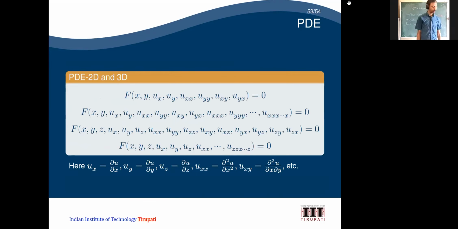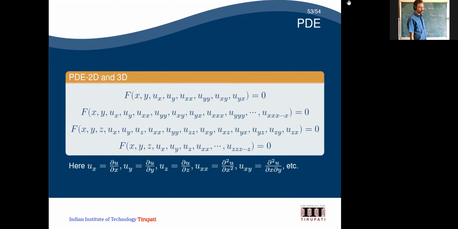So PDEs in 2D and 3D we'll see. This is a simple one. If you see the 1D case, first order PDE, second order PDE, etc. will come. I'm just giving some examples. Here, f of x comma, the 2D case I'm defining with the second order one. If I have the first order one, I will have f of x comma y comma ux comma uy equal to 0. This is the 2D case with first order.